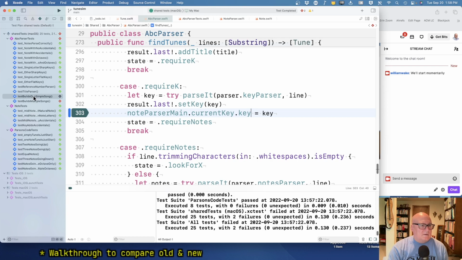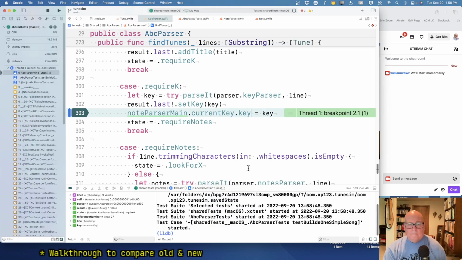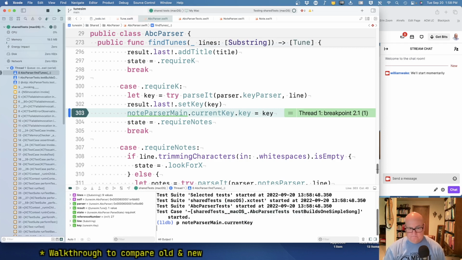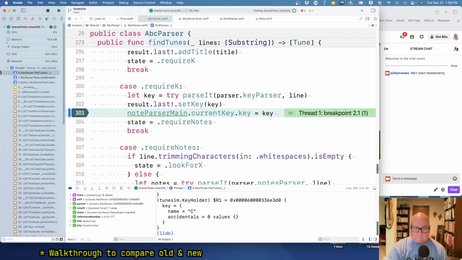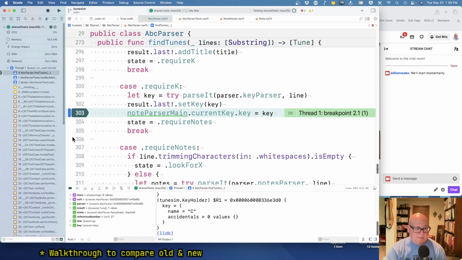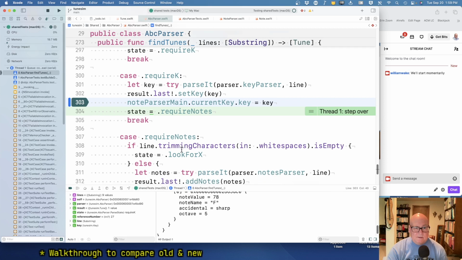Okay, we'll run the first one. All right, so let's print note parser main dot current key. Okay, initial value is C, and if we do a step over, it should become G. One sharp, key of G. Okay. Now I'm going to continue